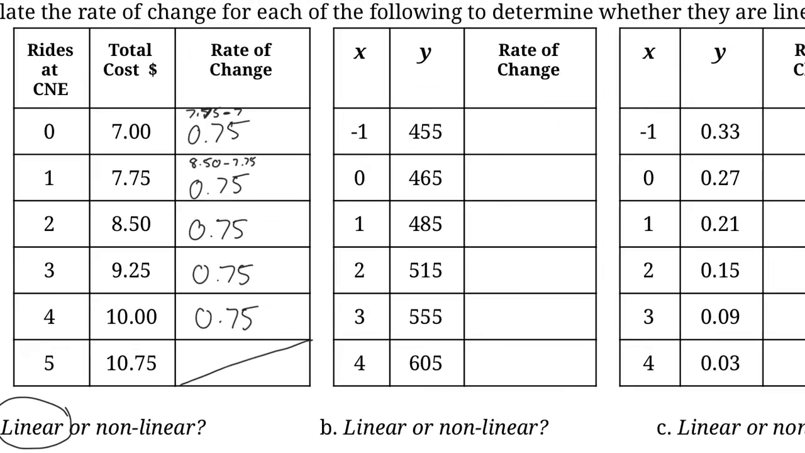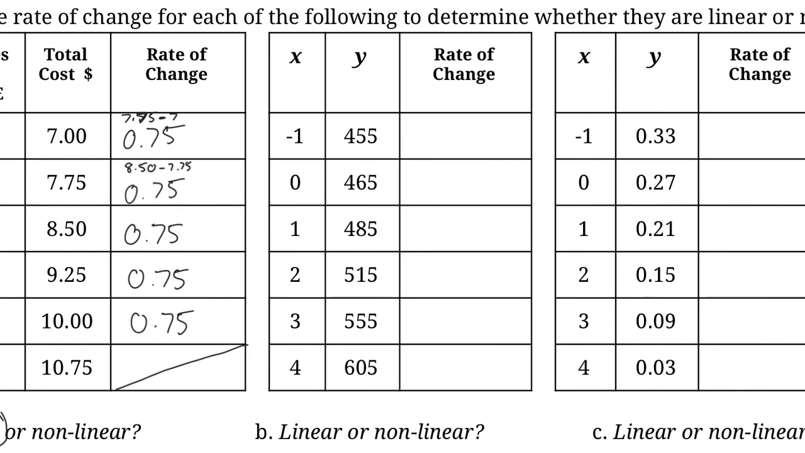So let's actually try the next one. Here we have a table with our x values and our y values, and we can see that our x values are again going up by 1. So let's find out what the change in our y values would be. Again, you would just do row below minus row above. So 465 minus 455,